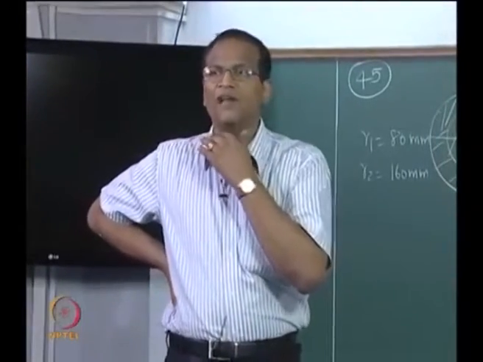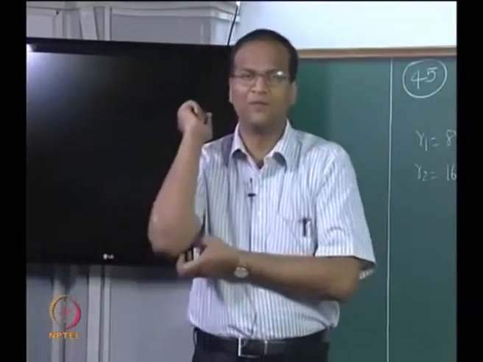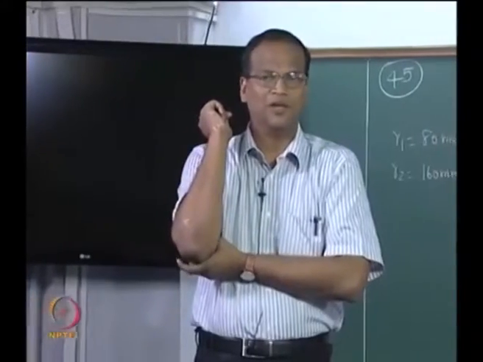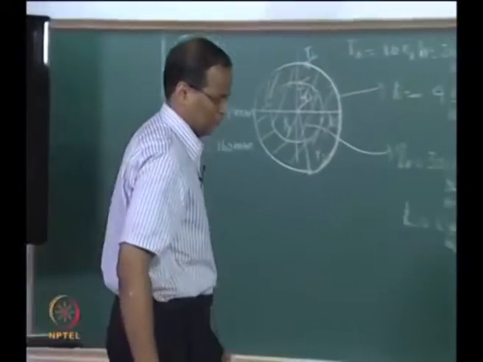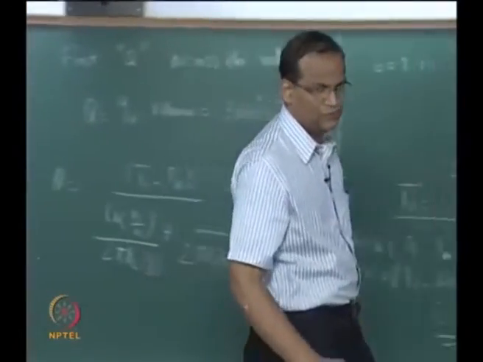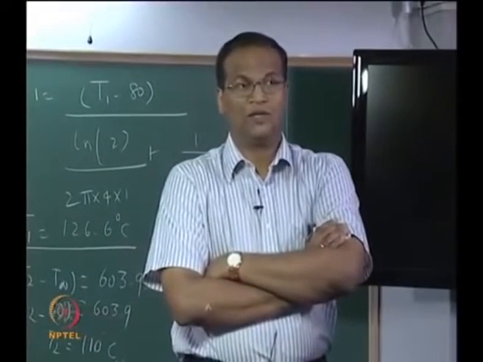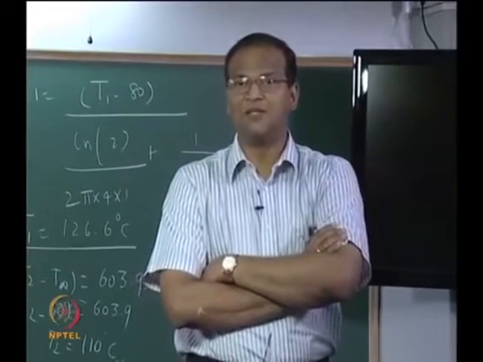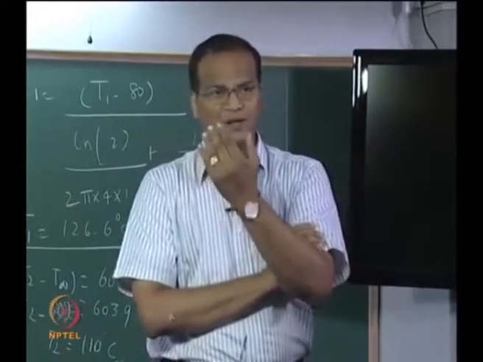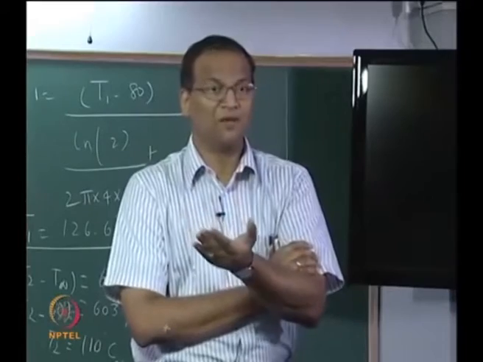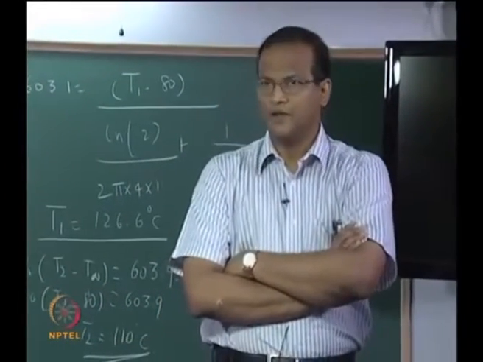Now we will add some spice to this problem. Now all of you got these two temperatures. Now suppose I put a rider and say determine the center temperature of the nuclear fuel rod. How will you do that? Determine the center temperature, that is critical. That center temperature must be far below the safe operating limit. It should be less than the creep temperature, which anyway must be much less compared to the melting temperature, isn't it?